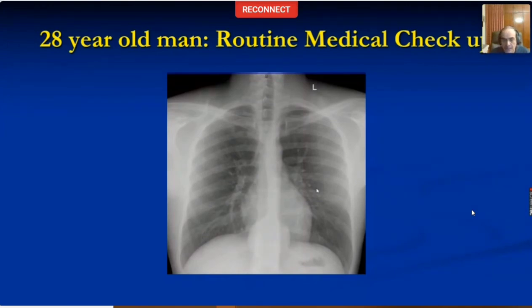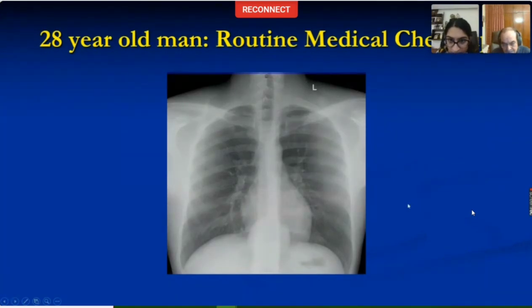Shreya, do you want to point out where the abnormality is? Yes, sir. I'm able to see a well-defined rounded opacity, which is seen to cross from the thorax to the abdomen, positive thoraco-abdomen sign. What are your differentials?